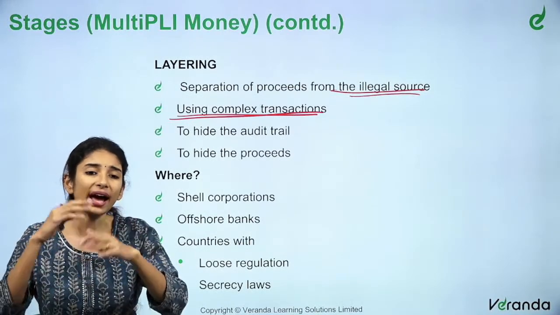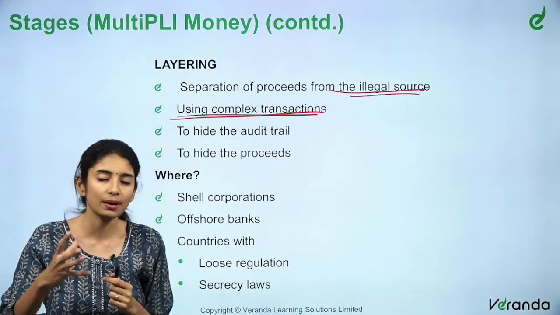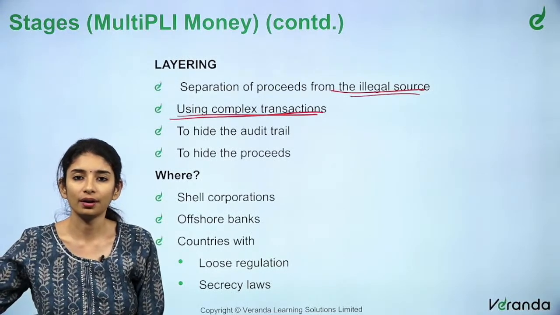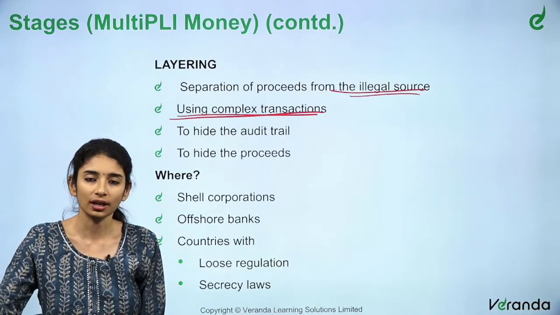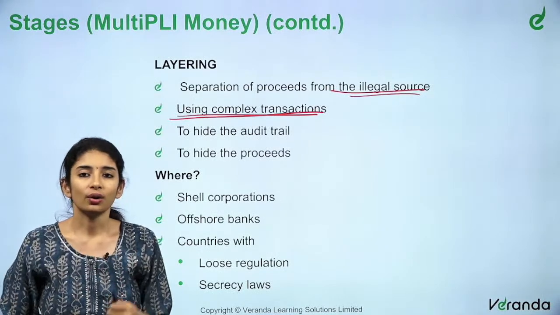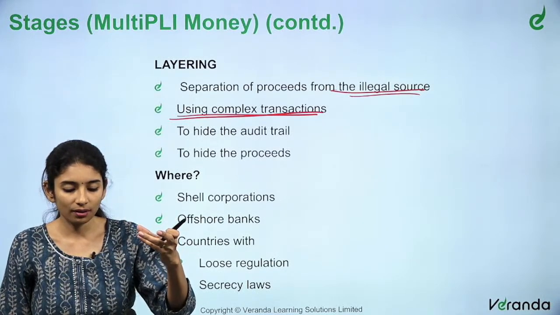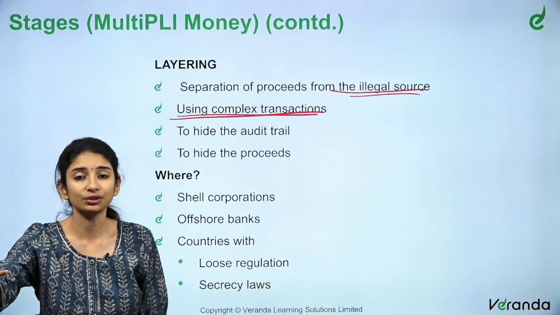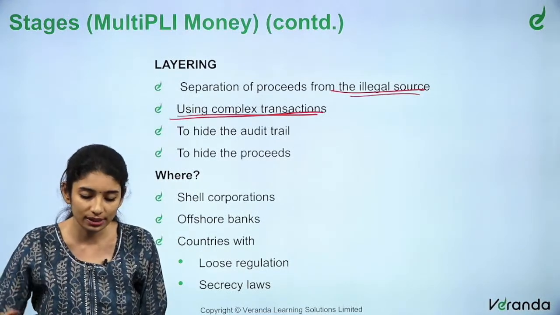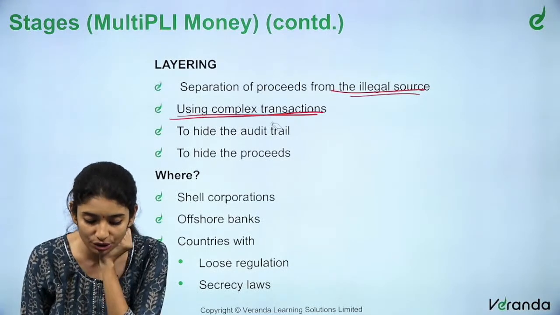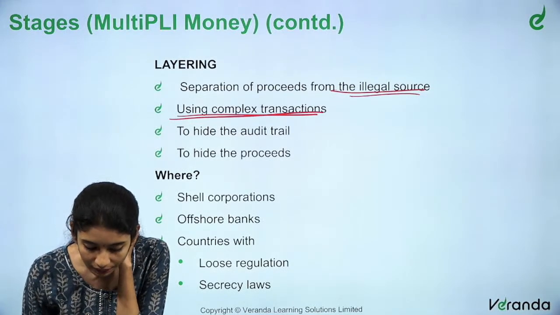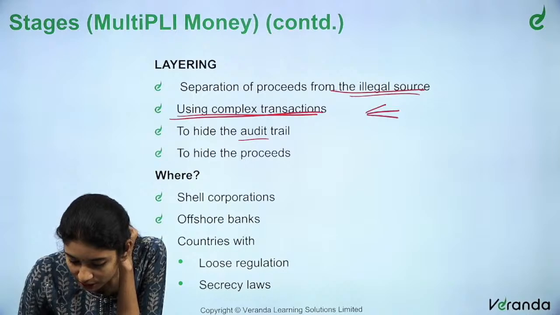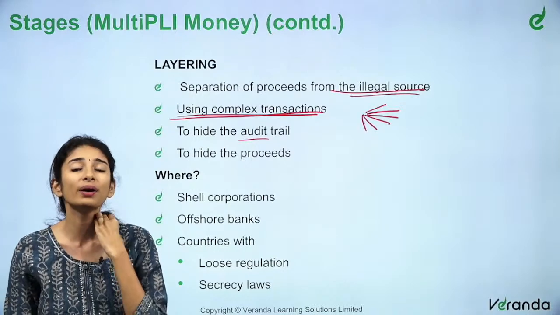So I have to carry out some complex transaction. I have to give some amount to my father's, brother's, sister's, daughter's account and then get it back, and then I have to invest it in some other company. I have to put it in another country where the laws are very loose, using complex transactions to hide the audit trail. If I take small parts of money and put it in various sources, no one will be able to trace